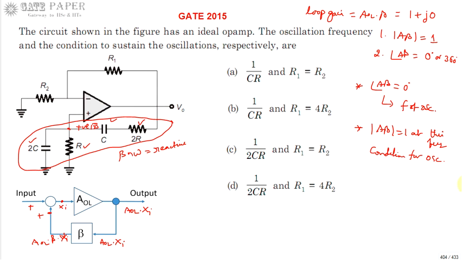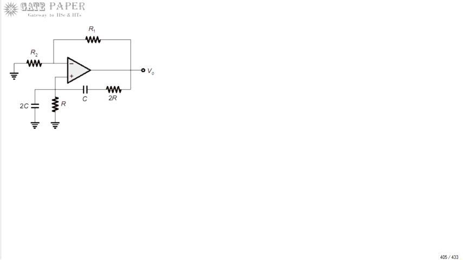We will define AOL and beta from now. This is the feedback voltage, say Vf, the voltage across these two which are in parallel. So the voltage across this resistance combination is the feedback voltage, and the total voltage you are applying is V0. Since the feedback signal is applied to the non-inverting terminal, this operational amplifier acts as a non-inverting op amp.